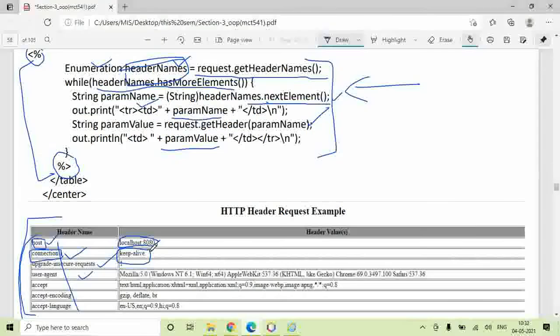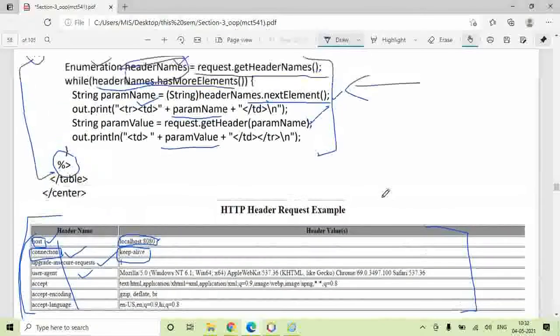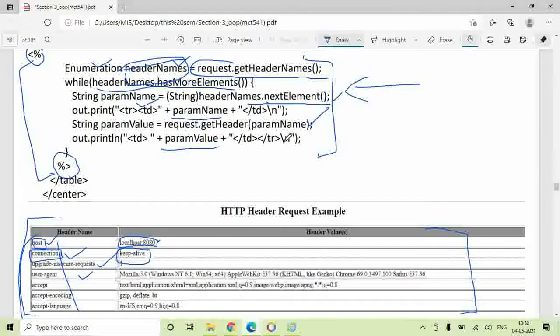So whenever you give a call to JSP, the call goes to your web server. Your request goes to the web server, and from there it processes the JSP, and in turn it returns a JSP response. So whatever default output or default values you want, you will be able to see it here like this. So this is how your JSP request parameter works.